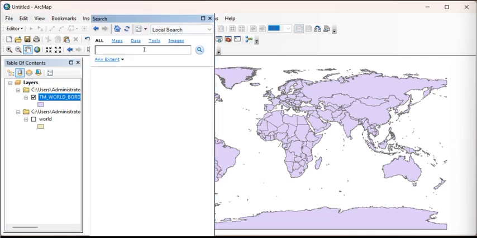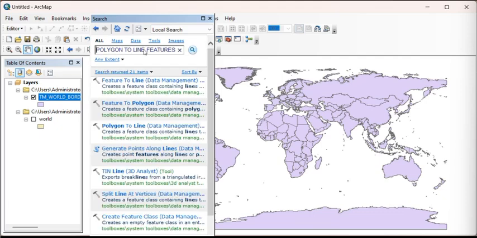to line features, and click enter. So you can see this one is feature to line, feature to polygon. So polygon to line, double click there, then